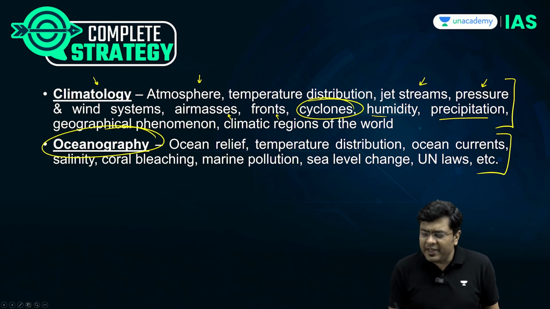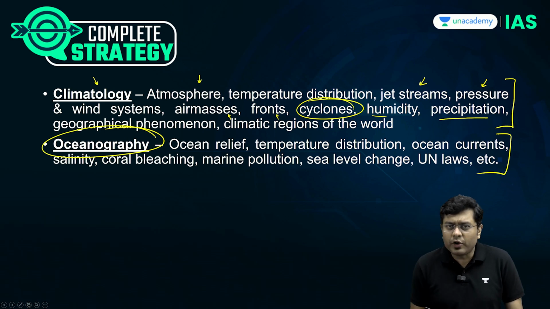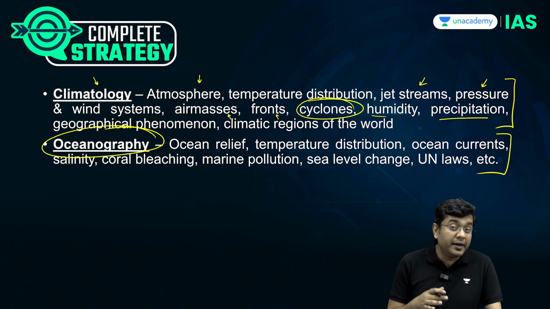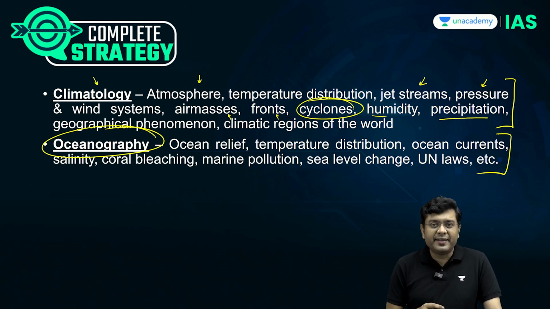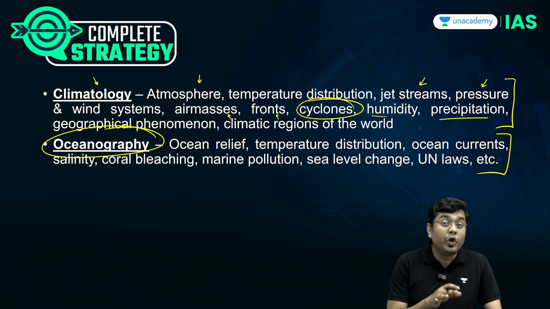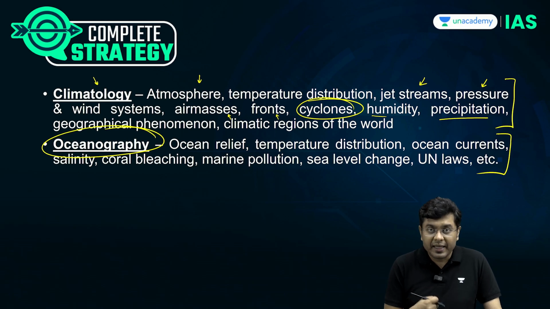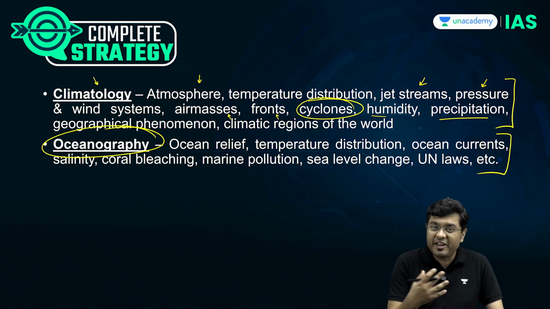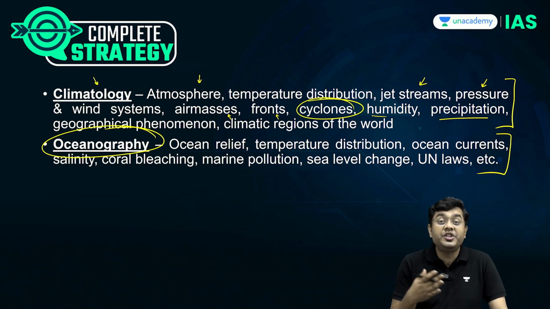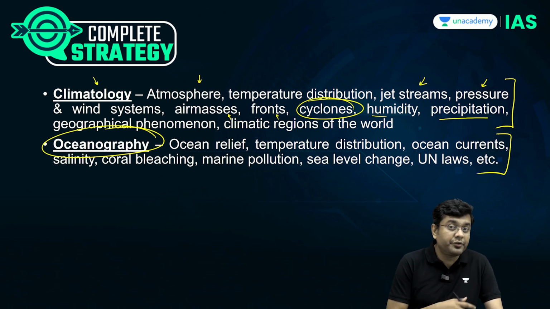This is comparatively easier. You won't find questions coming from this every year in the prelims, but in the mains examination, you will find questions associated with this. And also very relevant if you want to understand the portion of environment, particularly the marine species such as, let's suppose, kelp and kelp vegetation, seaweeds. These are the areas, corals and coral reefs and the bleaching of the corals. You get questions from there.